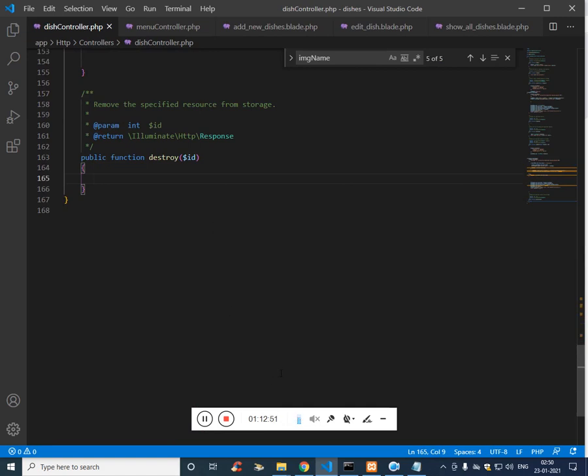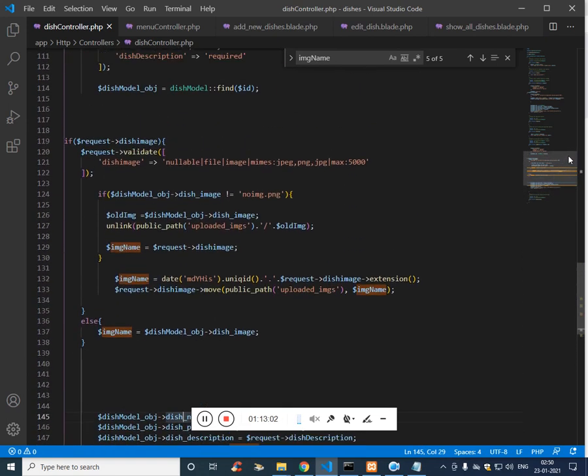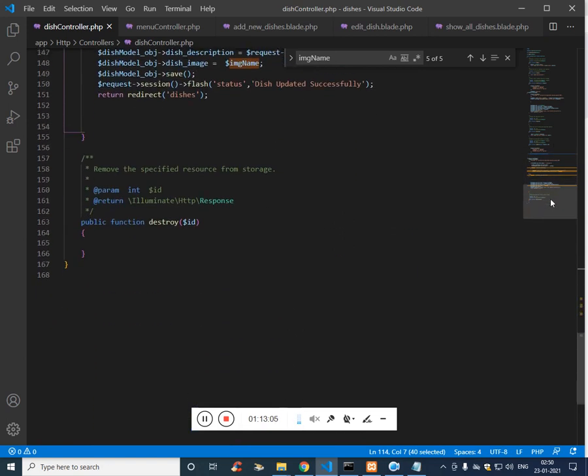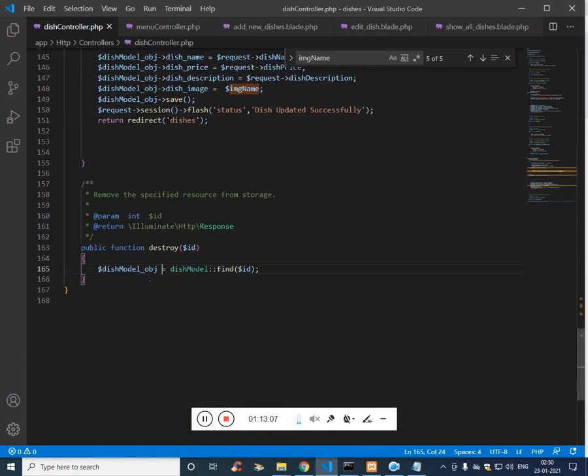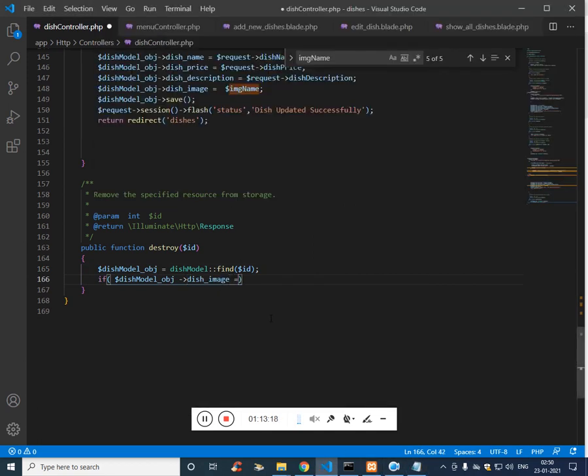We have to delete the image and then use the model to find. We have already used the find here. We got this. So if the table column which is dish image is not equal to no image dot png, then we have to unlink the previous image. That means we have to delete the previously added image.